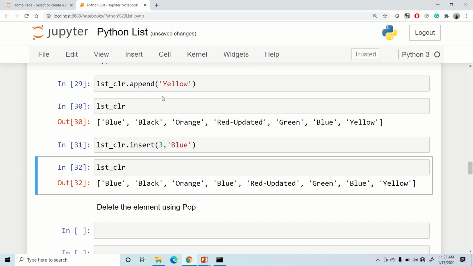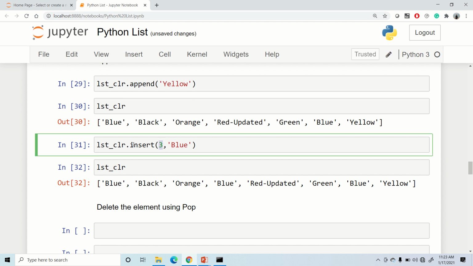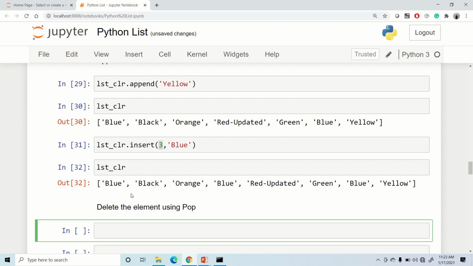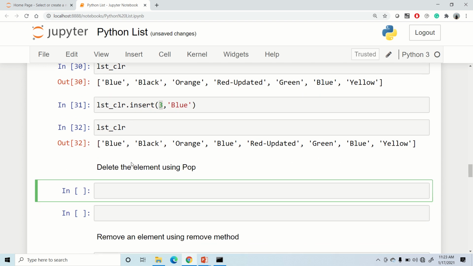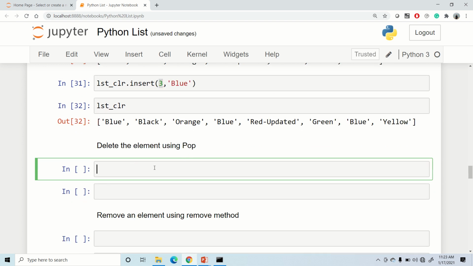In case you want to just append to your list, and by default that would append everything at the end, you can make use of the append method. And in case you want to insert a specific element at a particular index, you can make use of the insert method. Great. Now, how to delete an element? We can make use of the pop method. By default, if you don't pass any parameter to the pop method, it will delete the element from the end. Let me just run it. I am not passing any parameter to the pop method, and see what's happening here.